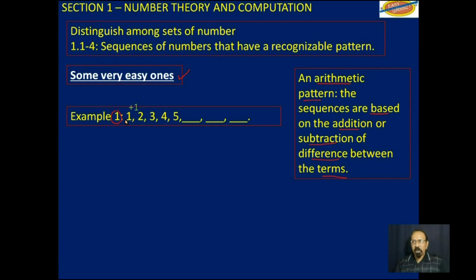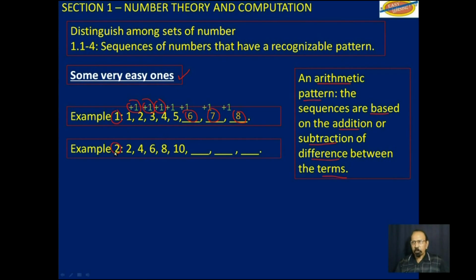But if you look at this carefully, you would see from 1 to 2, you plus 1. From 2 to 3, you plus 1. From 3 to 4, you plus 1, and so on. And that is the rule that we are following here to make this one here 6, and this one 7, and this one here 8. That was an extremely simple example to illustrate the rule that we use.